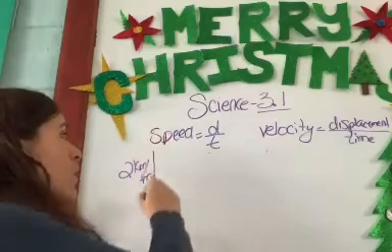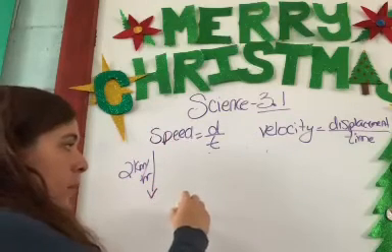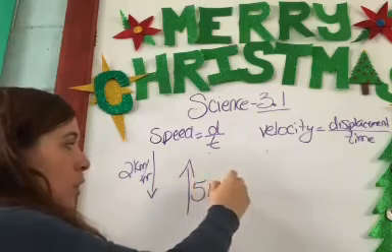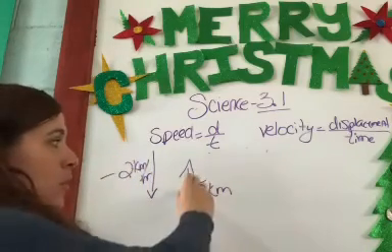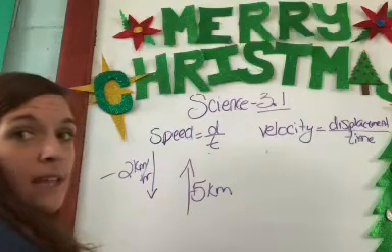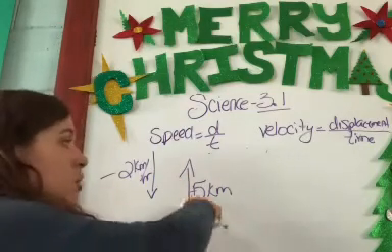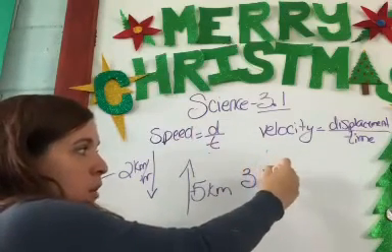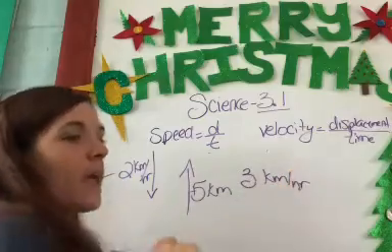It's going 2 kilometers downstream the river, but your boat wants to go 5 kilometers upstream, so what are you going to do? It's -2 and a +5. Downstream is negative, because remember, velocity cares about direction. Upstream is positive, so you're going to have negative 2 plus 5, which is a positive 3 kilometers per hour. Okay? That is the